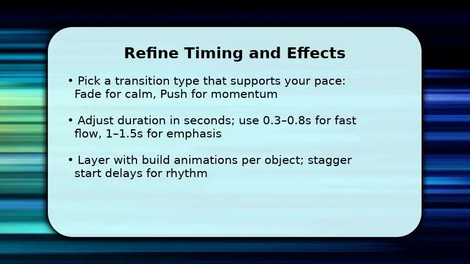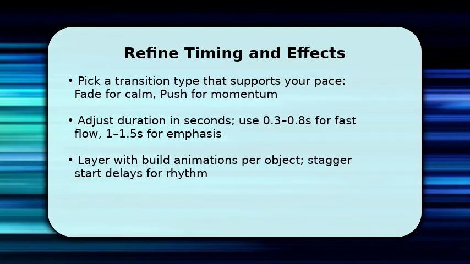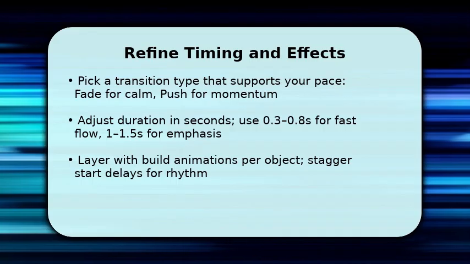Choose a transition that matches content tempo and audience attention. You set duration to control perceived speed, shorter for quick flows, longer to emphasize key slides. Make sure to adjust easing by selecting subtler options if available. This reduces jarring jumps. Once you have transitions, layer object animations inside slides and stagger their start delays so elements